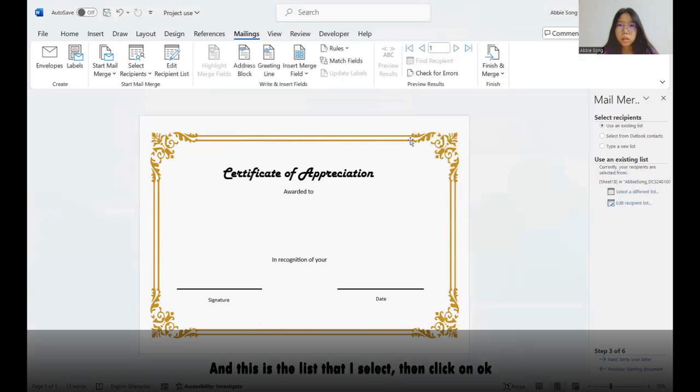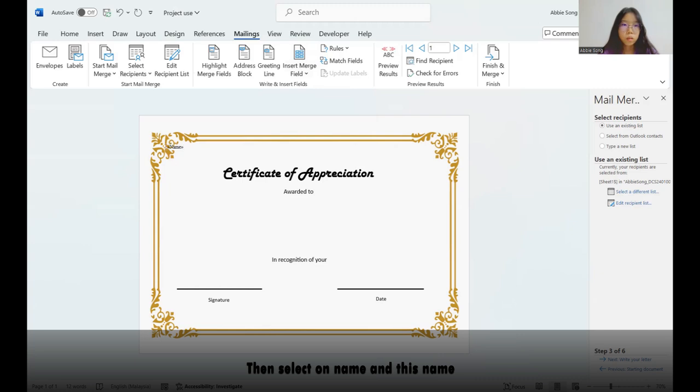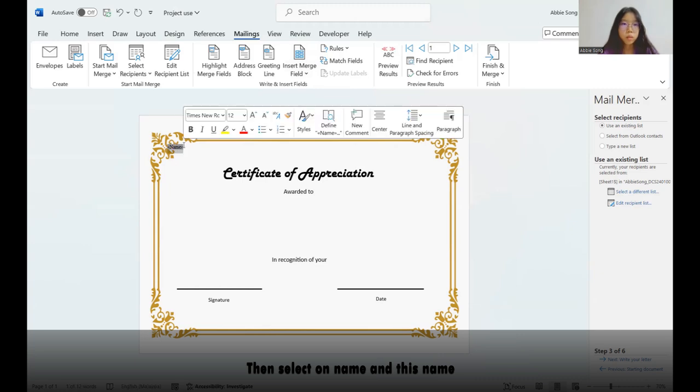Click on OK. And then you can insert a merge field over here and select the name. And this name,